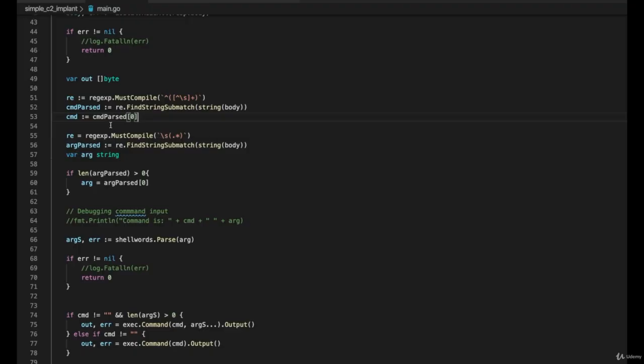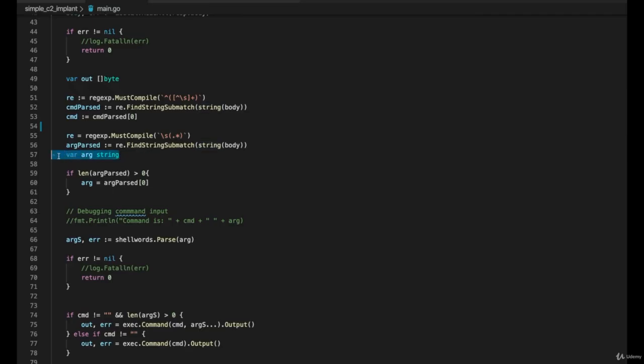So even if we have ls, tac, la, a dir, this is going to check for that space, ignore this, and then capture all this, and then also do the same thing, store it in a string slice. And it has kind of a similar issue where it will store it multiple times, and we kind of get around that the same way. But we have to handle it a little bit differently because we have to do that shell words parsing that I was referring to. So we define this